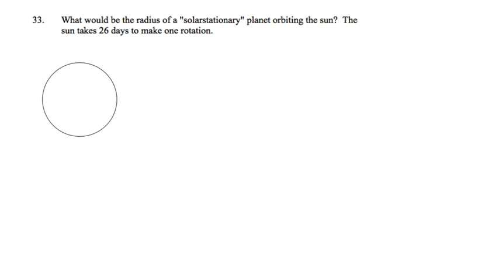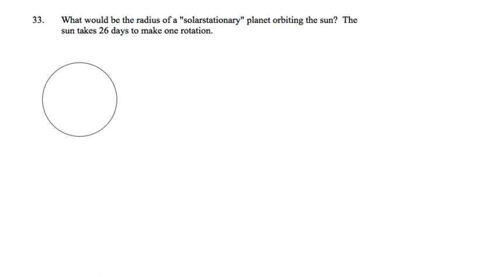This is a satellite problem, and it's also one where we're looking for the radius. So when we sum up our centripetal forces, we have to set them equal to m omega squared r. So if this is the sun, and we